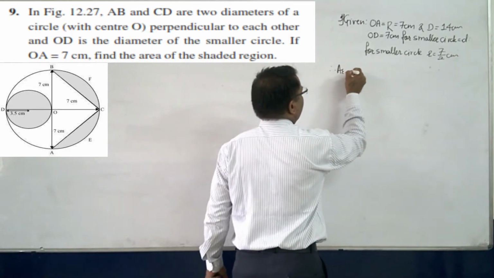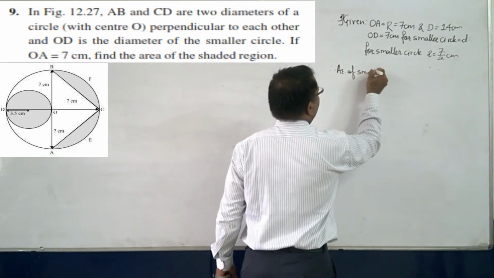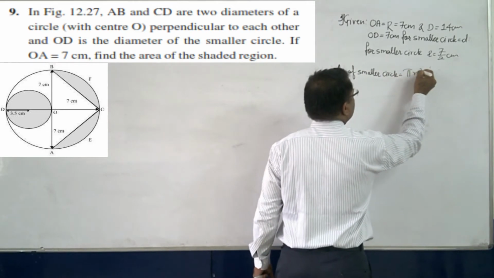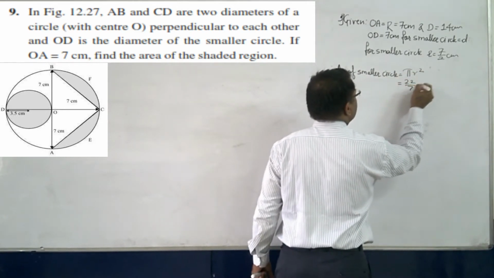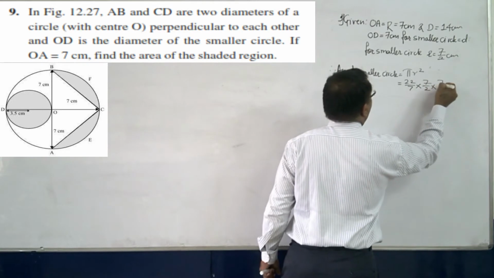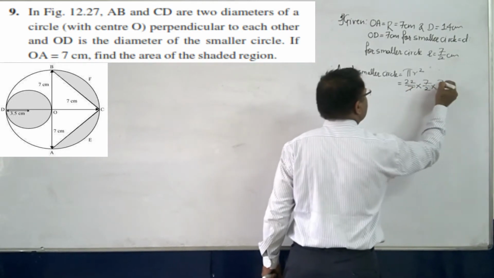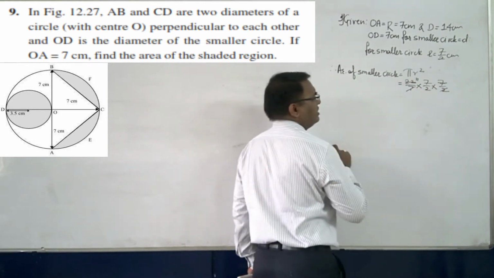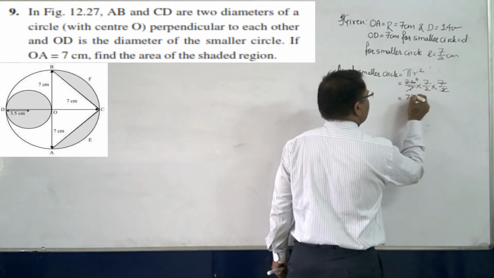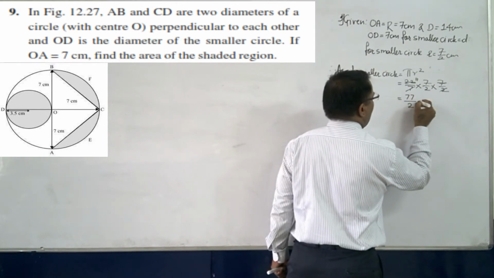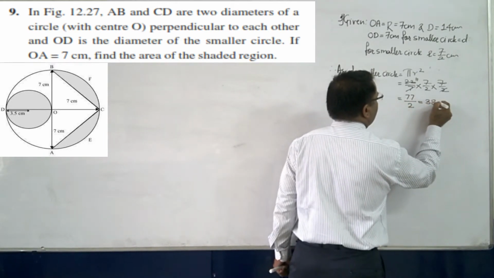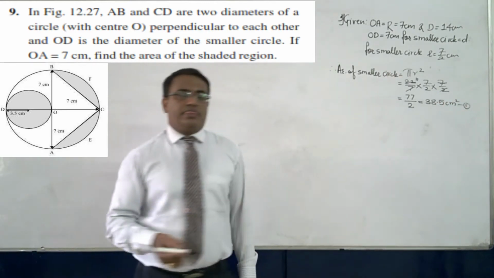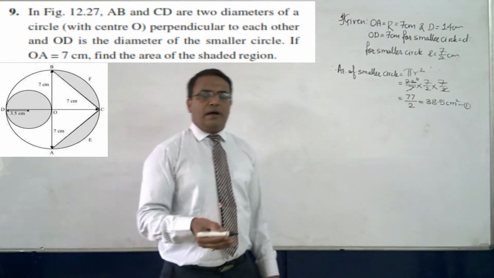So area of the smaller circle can be given as pi r square. So 22 by 7 into 7 by 2 into 7 by 2. This 7 and this 7 will get cancelled, then this and this will be 11. So what is the answer? 11 times 7 is 77 upon 2, or you can write it as 38.5 centimeter square. This is the area of the first one. Now if you observe the second part,